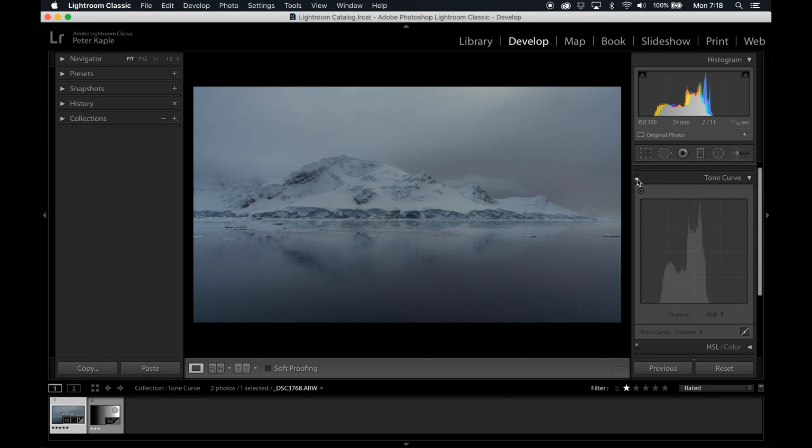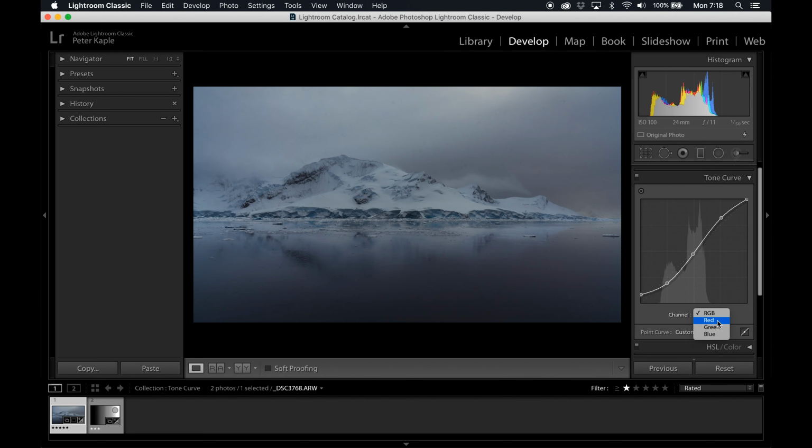Now we're going to look at our midtones, and what I'll do here is move it up a little bit and move it down a little bit, and looking at this, I kind of like it in the middle, so we're actually going to leave it alone. If you guys recall earlier, I said I was going to add a blue tone to this photo using the channel colors. Now we're going to do that.